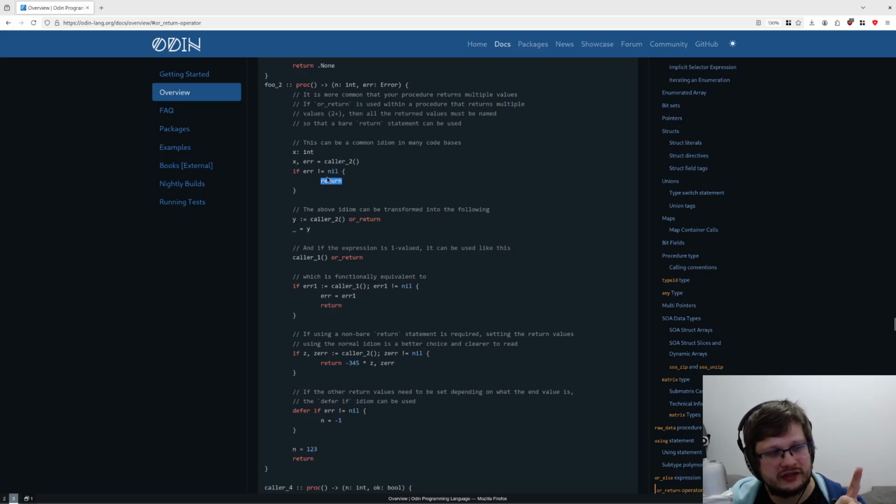This is a limitation of Odin, because Odin doesn't have metaprogramming, because it needs to know how to assign variables. In Jai, we don't really care. We can just construct this return based on the types. So we don't need this kind of limitation, right? Because we don't need to put a bare return. We can just construct return with whatever we need.